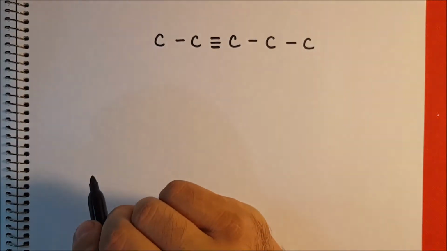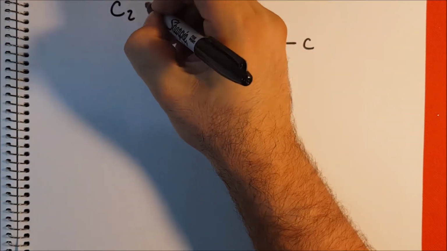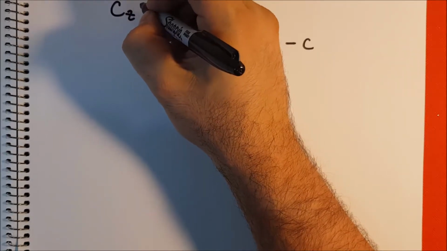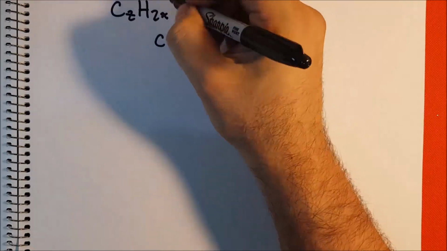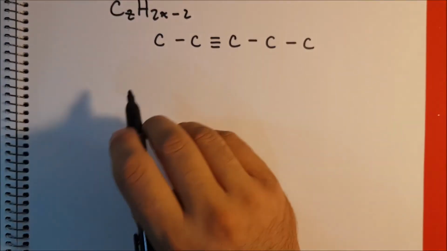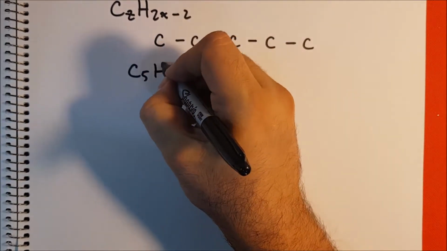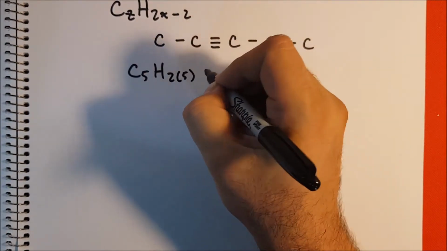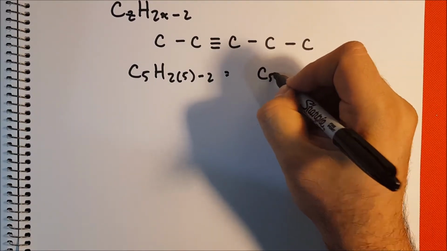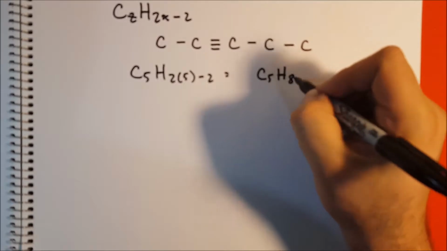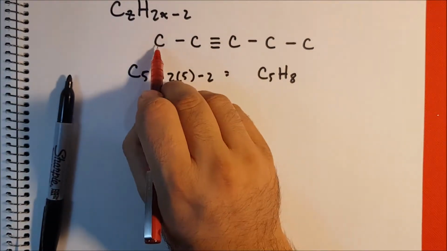And we can use the general formula for alkynes, CnH2n minus 2. So in this case, we have 5 carbons, C5, H 2 times 5 minus 2, which is going to be equal to our molecular formula, C5H8. And now if we try to figure out how it works,